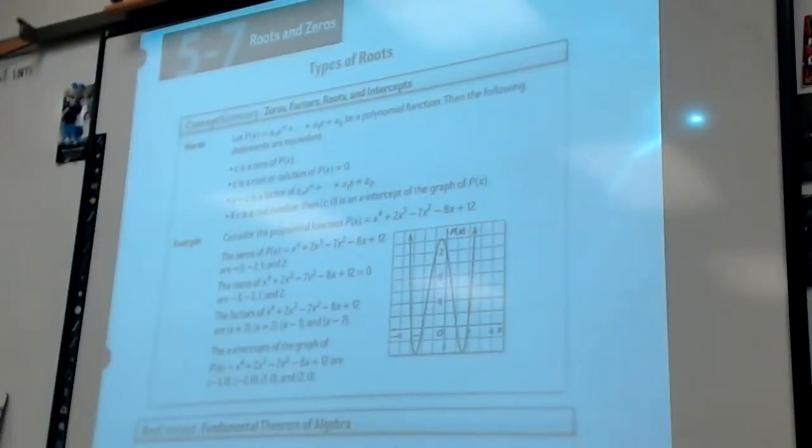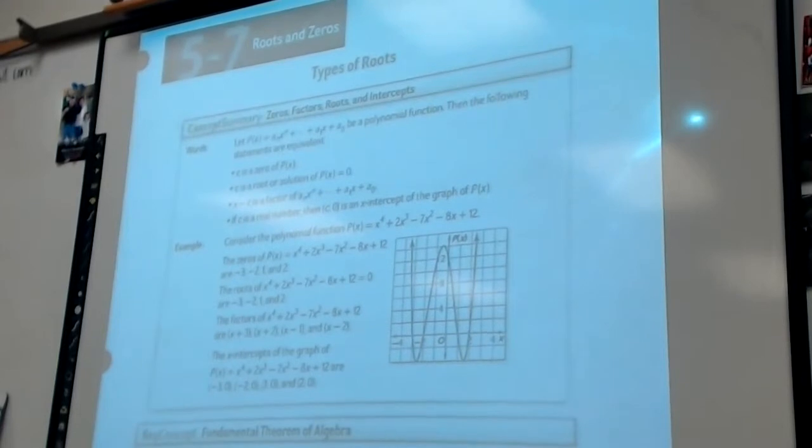Okay, we're still on this unit about polynomials, and today we're going to be talking about roots and zeros. Now, we've talked about roots and zeros in the past, okay? In fact, we talked about roots, zeros, x-intercepts, solutions. Those sometimes are used interchangeably, okay? And basically, it's where the graph crosses the x-axis, except when you have imaginary solutions. If you have imaginary roots or solutions, it's not going to cross the x-axis at that spot because it's imaginary,